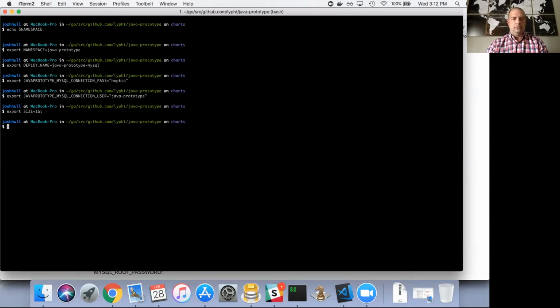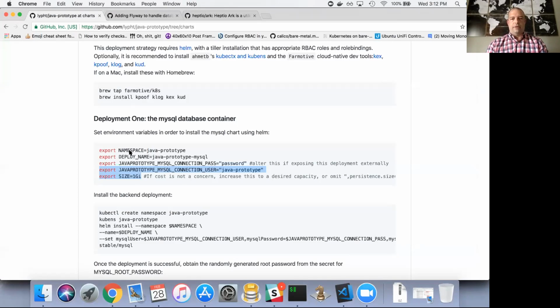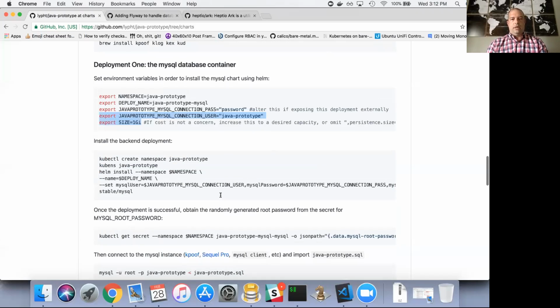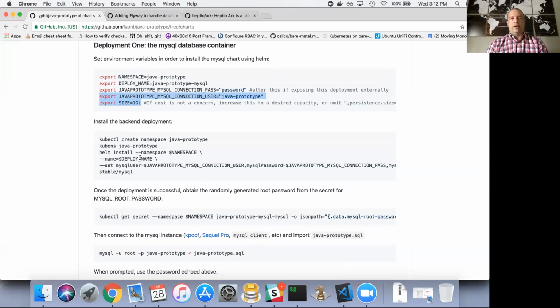All right, so now that those are exported, I can install the backend deployment. So again, I'm using the stable MySQL deployment. This is very similar to Docker Hub. If you just use the standard repository, this is going to go to Kubernetes/charts, identify where this stable MySQL image resides, and deploy it from that